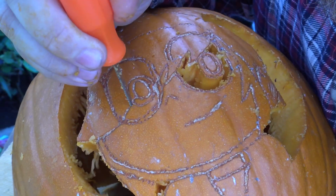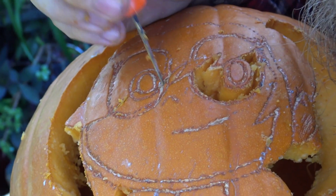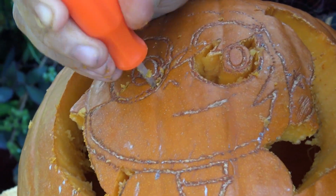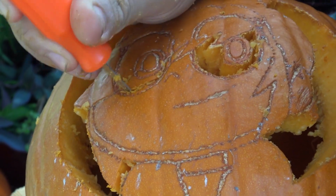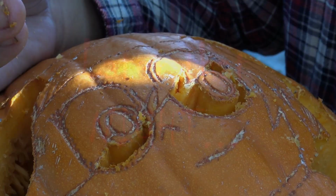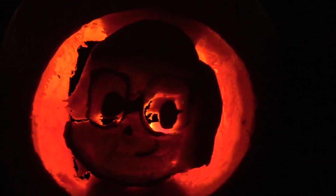Second issue I had was tools. So we went to our local drugstore, and of course it's the holiday, so they had these little kits. And when I had the idea of doing something as ambitious as gradients in the pumpkin, I took a look on a YouTube video, and they had X-Acto knives and other tools. First off, I'm surprised that I don't have an X-Acto knife, and second, I didn't have any pottery tools as the YouTube video demonstrated. So I had no choice but to go to the drugstore and pick up the usual pumpkin